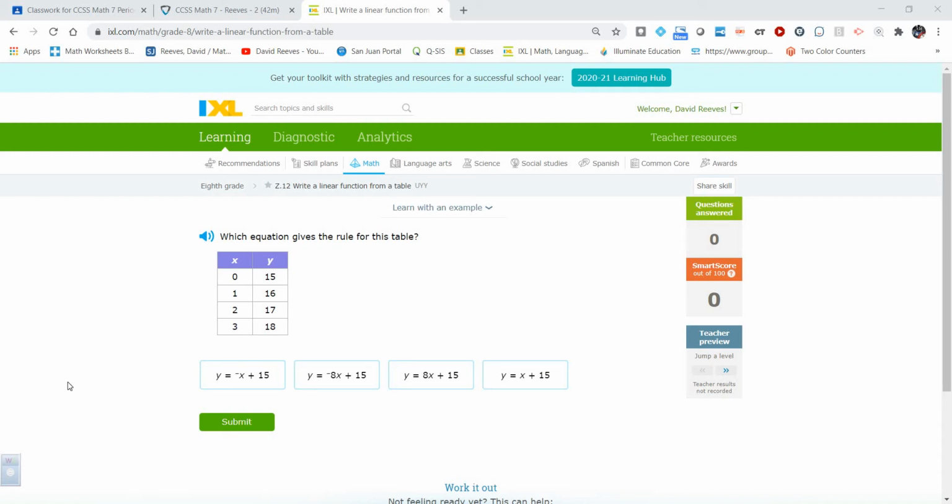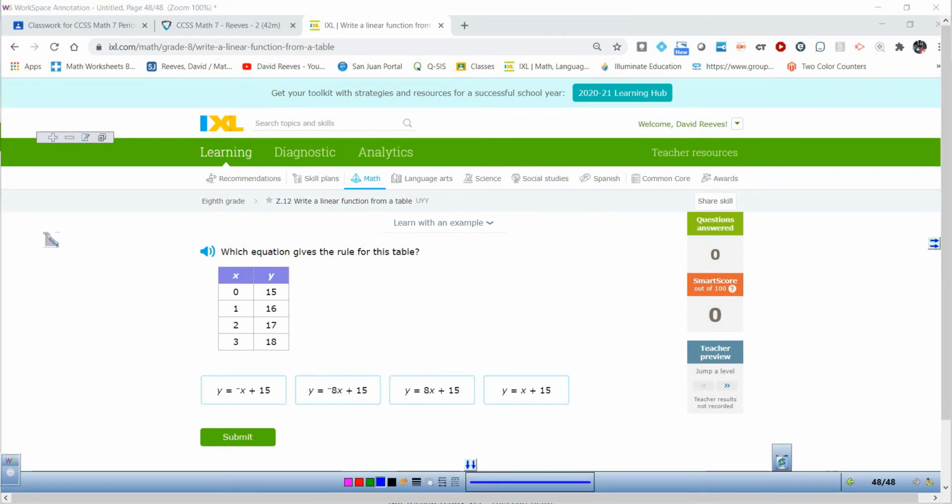Well, hey everybody, Mr. Reeves with you, and we are now looking at IXL, 8th grade, skill Z12, writing a linear function from a table. So, quick review, we've talked about linear functions or linear relationships. We had a proportional relationship, which was y equals k times x. So, in that relationship, if you wanted to know what y was, you were multiplying by a single value, okay? And then we had a